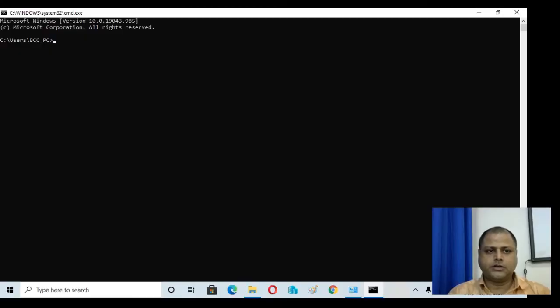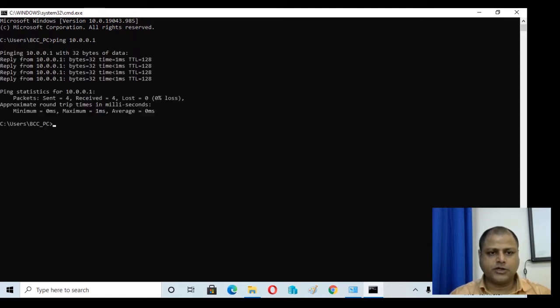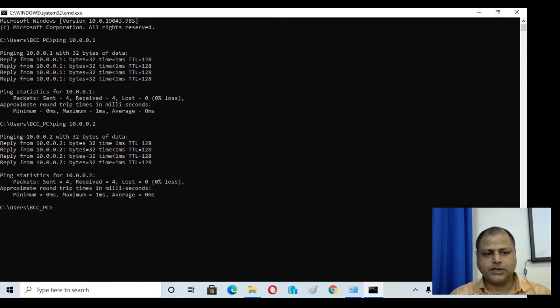For the configuration of the quota limit, we first have to connect to the cloud system. First we will check the connectivity of the cloud nodes. This is the first node. We will check the connectivity with ping 10.0.0.1, and we can see that the system is responding very well. Now we'll check the other node also. We'll ping 10.0.0.2 and it is also responding very well. Both nodes are properly responding.